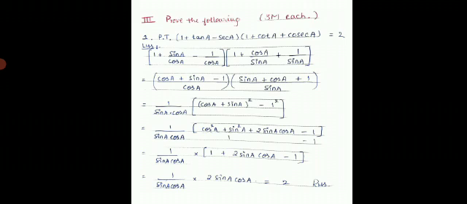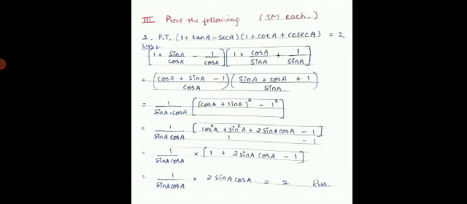Now in both the brackets you take LCM separately. So here LCM is cos A in the first bracket. Then the numerator becomes cos A into 1 is cos A + sin A − 1. In the second bracket sin A is your LCM. Sin A into 1 is sin A + cos A + 1. Now in the next step, sin A cos A you remove outside. Then here you just observe the numerator part.